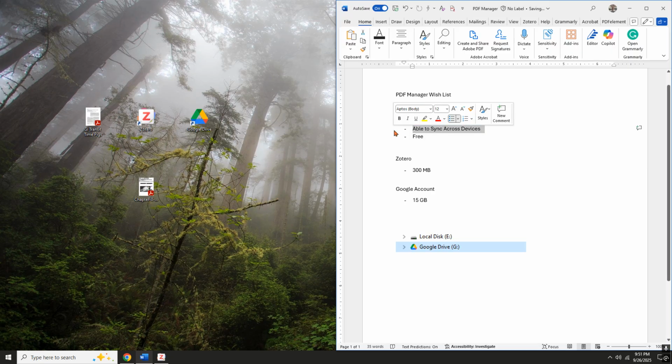As far as the next point, being able to sync across devices, Zotero offers 300 megabytes of free storage, and it's really good. It's able to sync across devices. It even has a mobile app that you can pull up documents on. I've not actually tried the app, but from what I've heard, it's really good. But 300 megabytes doesn't get you very far, so there is a workaround